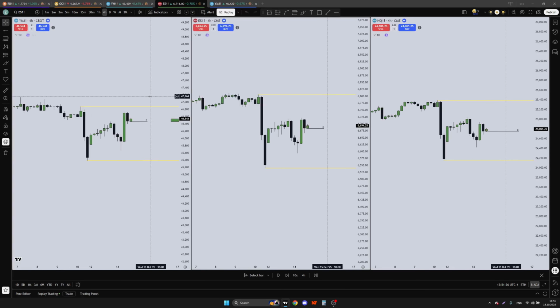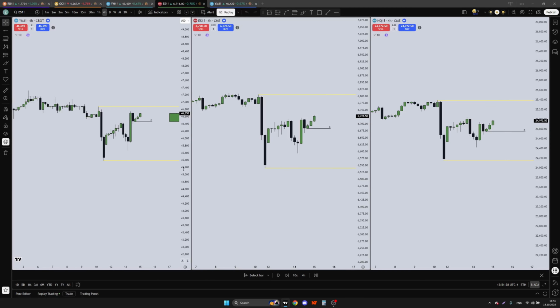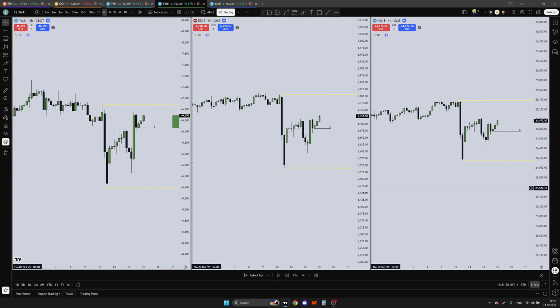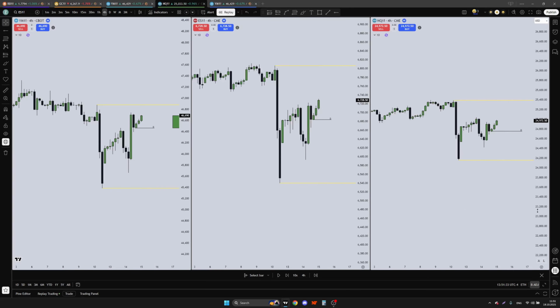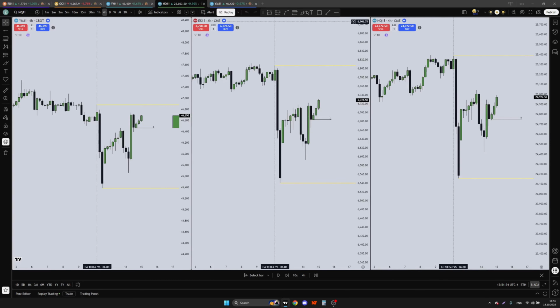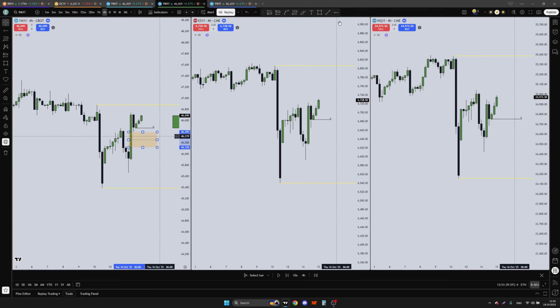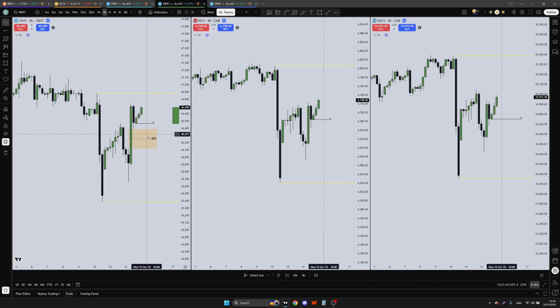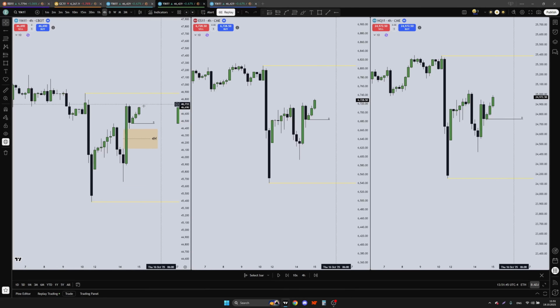Gonna rewind till the 2 a.m. candle. So when I'm coming to New York session, that's the only session that I trade. This is what I see thus far. So we do have this 4-hour gap, 4-hour BC being made, and then on the